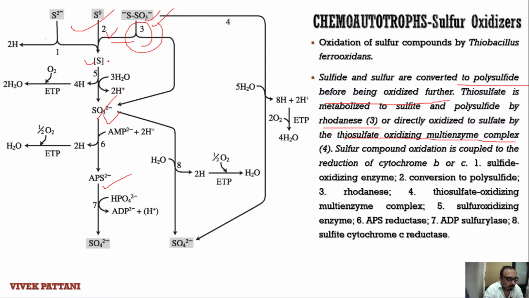And the third enzyme involved will be rhodanase, and this polysulfide will be directly converted into sulfate with the help of the thiosulfate oxidizing multi-enzyme complex,